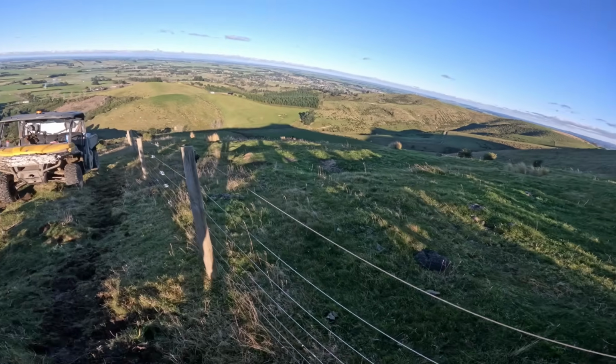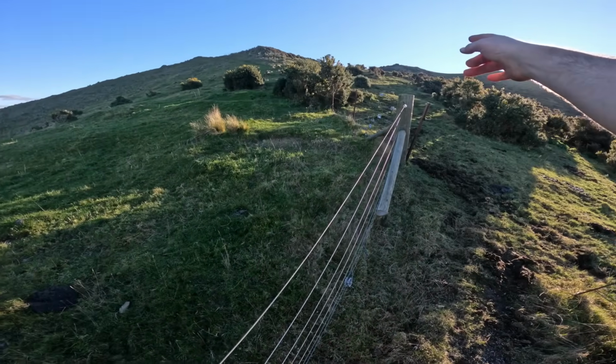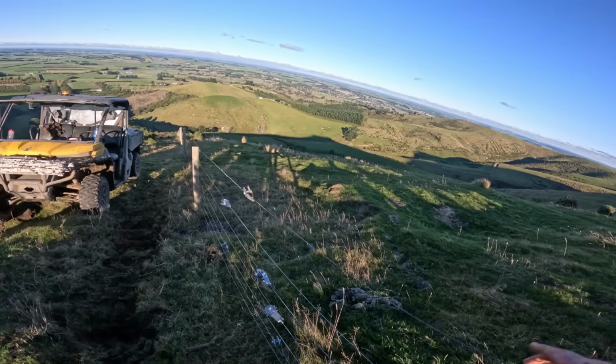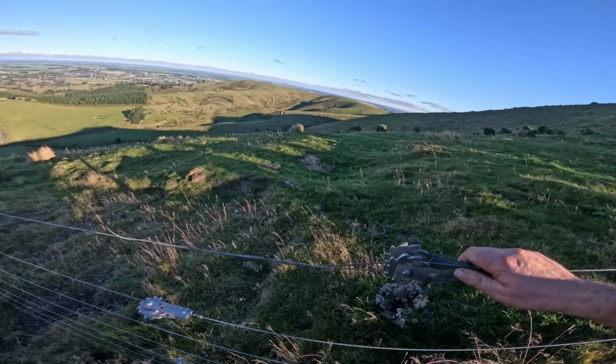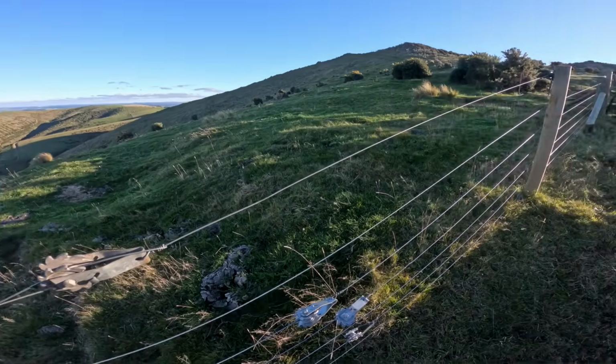So that fence is finished. I just got to connect it up to that existing fence going up that way, but for now she's finished, all nice and tight. I just used a permanent wire strainer on there, and then like I did in one of the other videos